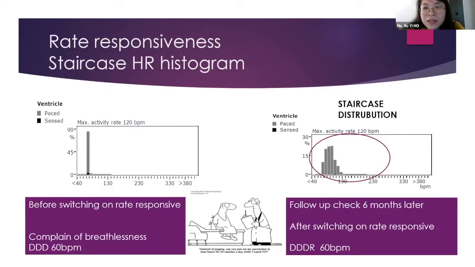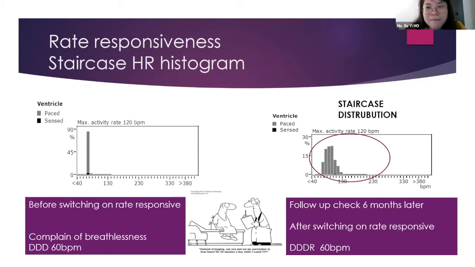Okay, in this example, one of my patients whose indication is complete heart block has benefited from turning on the rate responsiveness. Before that, the rate responsiveness was off, and you can see that the histogram is just consistently pacing at probably 60 beats per minute, and he was symptomatic and complained of breathlessness during his morning walk. After turning on the rate responsive mode, during the follow-up check 6 months later, I'm happy to note that there is actually a staircase distribution, and he is no longer symptomatic and is able to do more physical activities without feeling